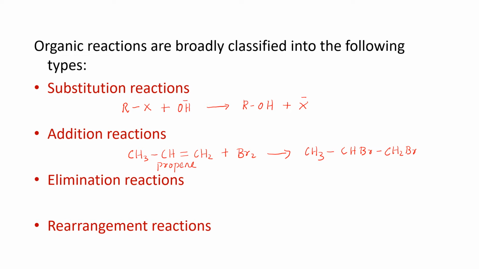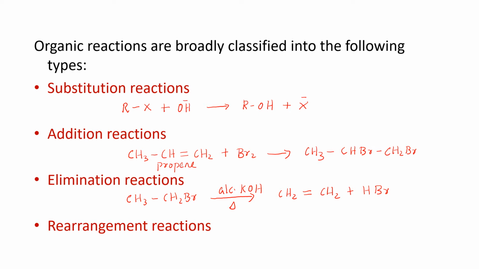For example, when CH3CH2Br, ethyl bromide, is heated with alcoholic KOH, a molecule of HBr is eliminated and we get ethene. So here one hydrogen atom from this carbon and one bromine atom are leaving as HBr, so we get